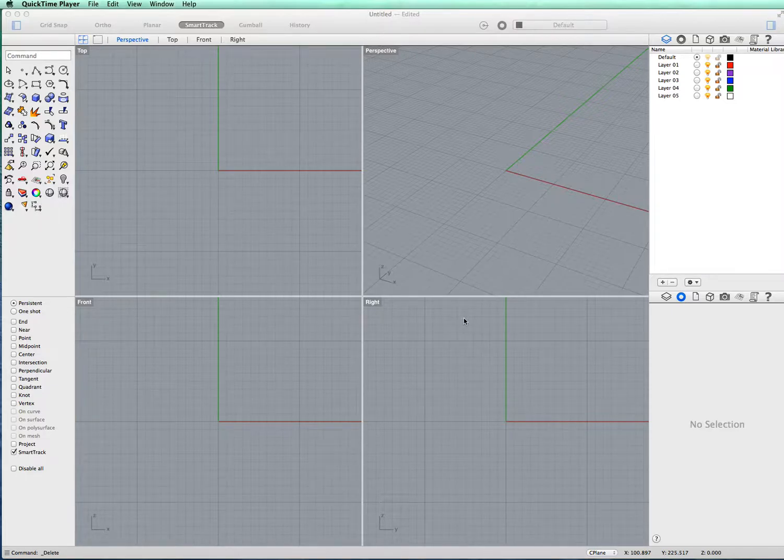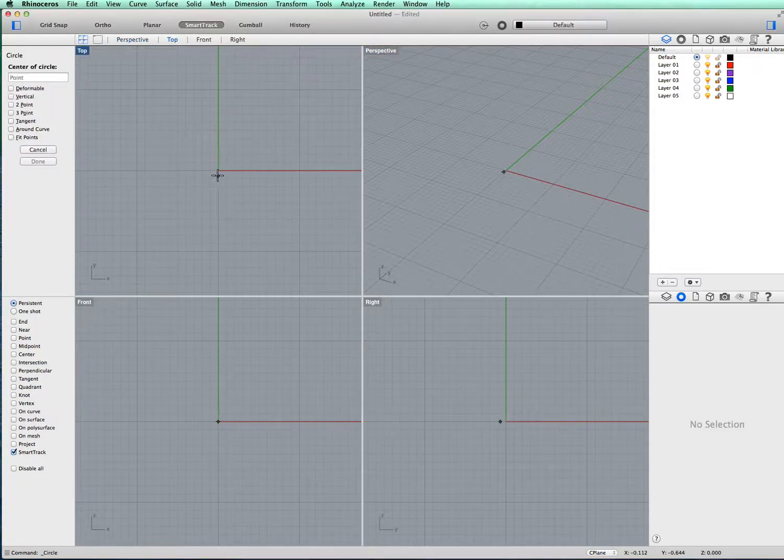a cage edit tool. So if we start off, we'll go to the circle, click from the corner, actually put